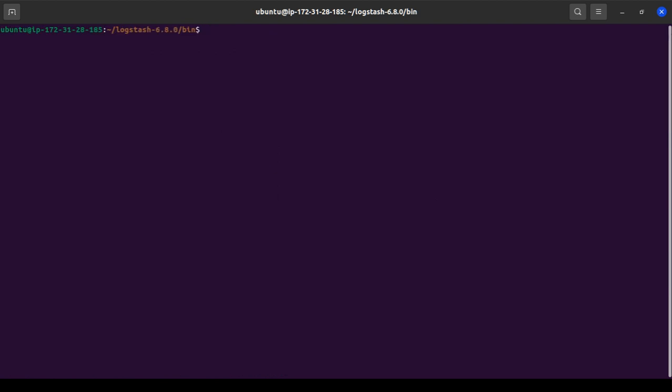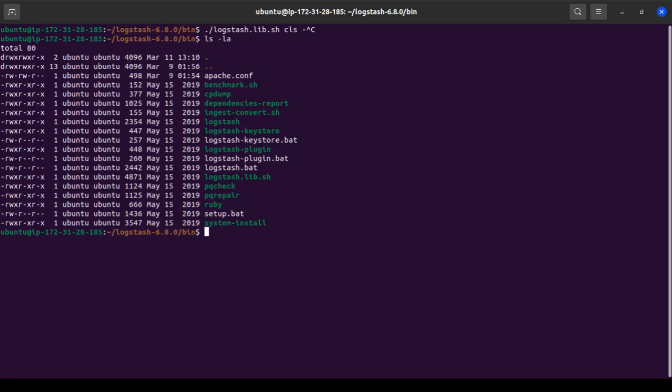Okay, and to run this one actually we can use logstash -r -f, and then the name of the config, apache.conf, something like this, and just enter. Okay, no problem for this one.